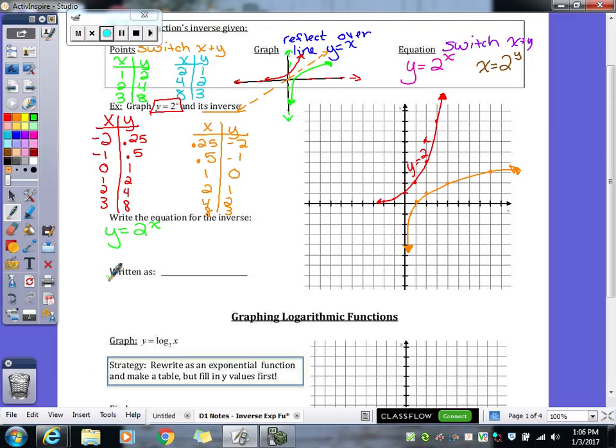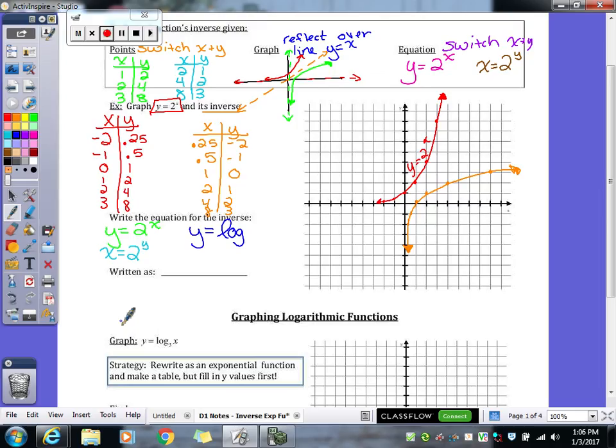Now they want us to write the equation for the inverse. So I'm going to start with my original equation, y equals 2 to the x. As we said up above, we need to switch our x and our y. So I get x equals 2 to the y. And then we can't leave it like that. We've got to get it into y equals form. That's when they bring in that word log. So we always take our exponent and set it equal to. In this case, our exponent was a y. So y equals